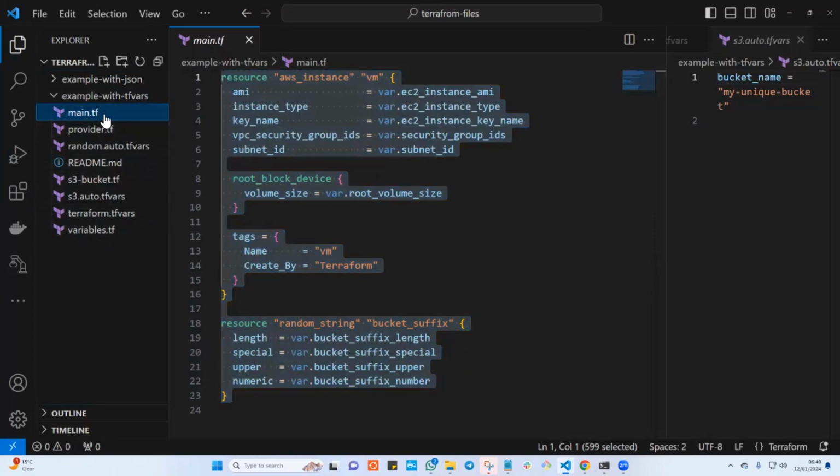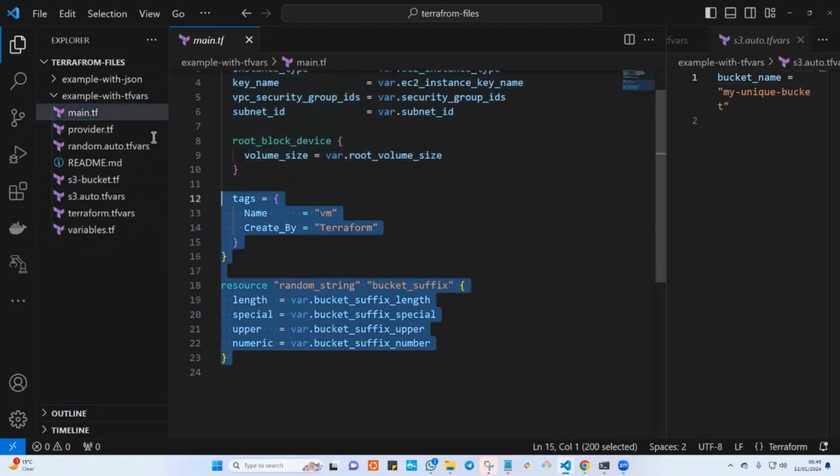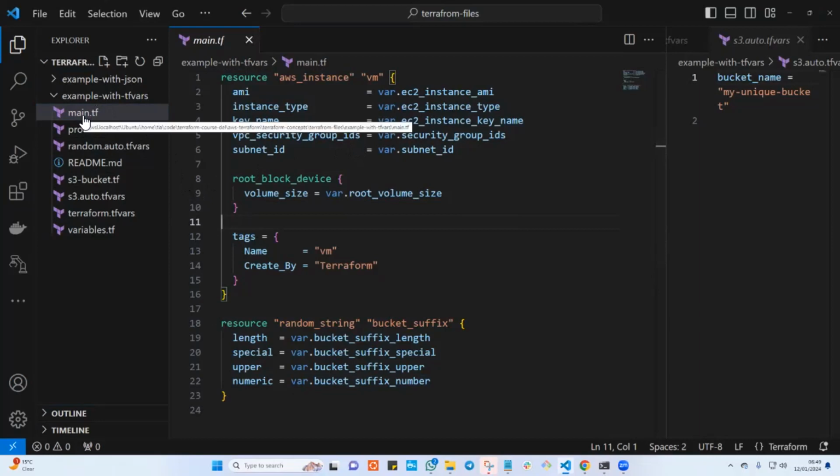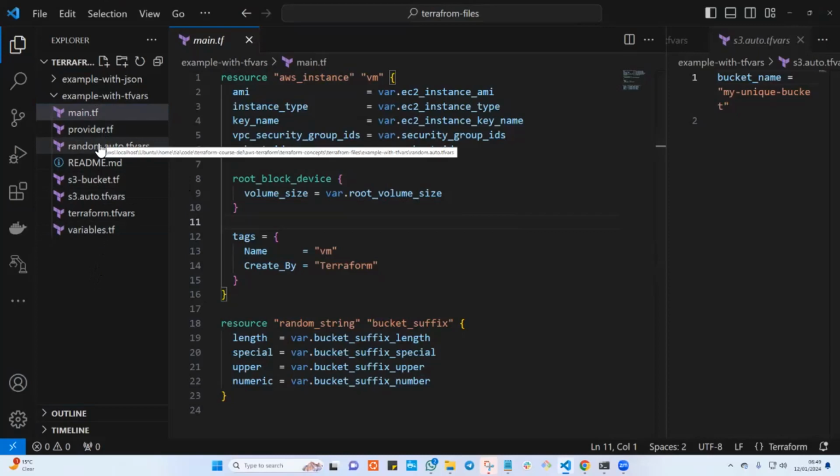And most of the time, folks will write their main code in the main.tf. It doesn't mean that, let's say I have a VPC and an EKS control plane, I can't split them up. I can create a .tf file called vpc and put all my VPC code in there. I can create an EKS control plane .tf file and put all the EKS control plane code in there, also the EKS node group, and put all the node group code in, right? You structure this the way that you want,